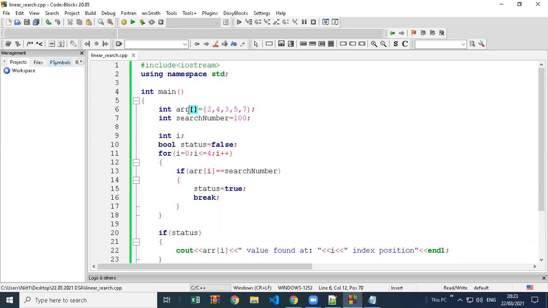What is the value of the array now? What is the value of status after two iterations? We should be able to track this manually, just by looking at the code, and tell what this code will do and what it is trying to do. So if we go line by line and try to build the logic, it will be better than using the concept called debugging, which we will see later in Java and all languages.